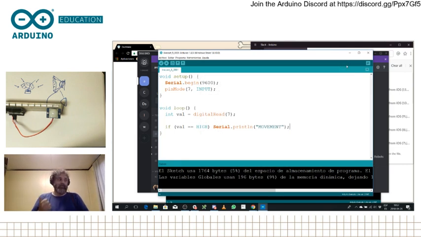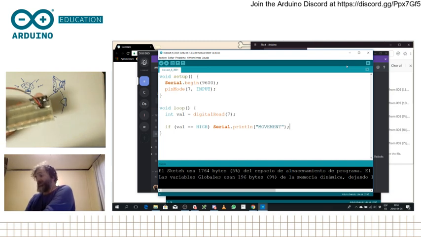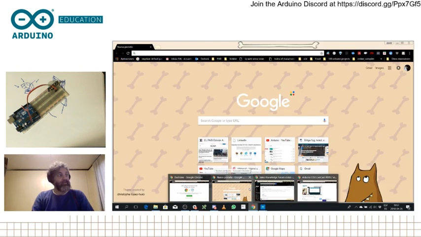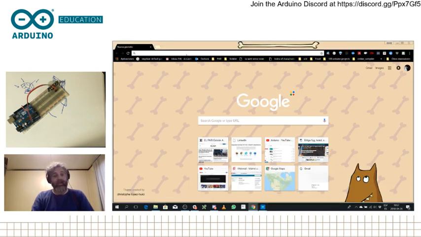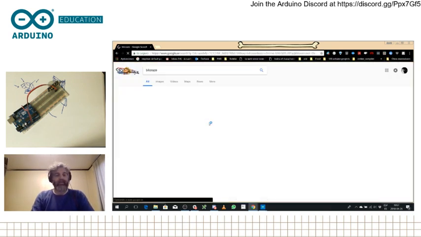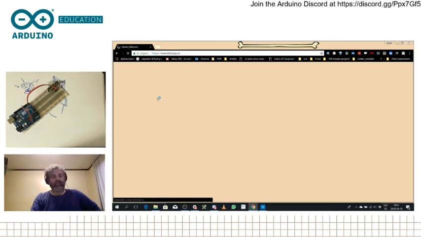So now we saw ultrasound, we saw infrared, and we saw normal light. And we're coming to the start of the evening, which is the flow sensor from Bitcraze. Bitcraze is a fantastic company here in Malmo. It's a small company where 4 people are working, and I really would like to show you their website so you can see the stuff that they are doing. So let me open a browser here and Google Bitcraze. Bitcraze.io is the name of the company.